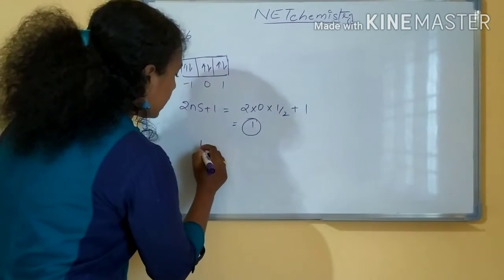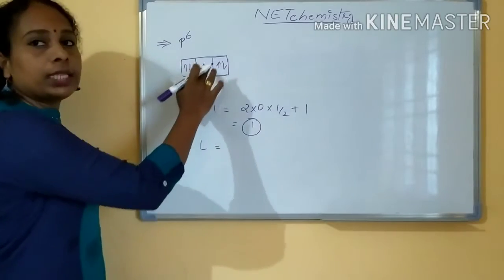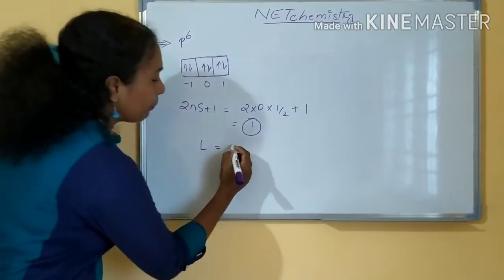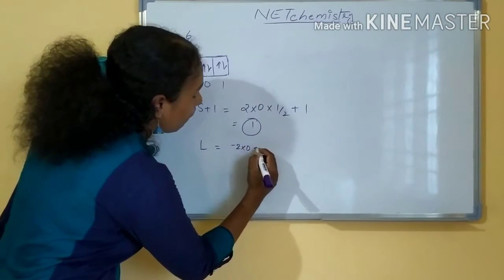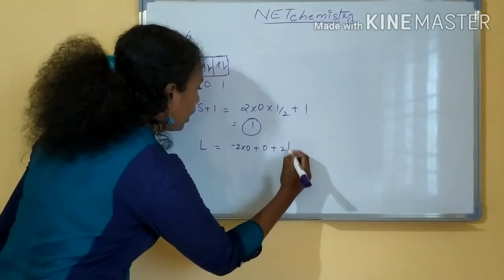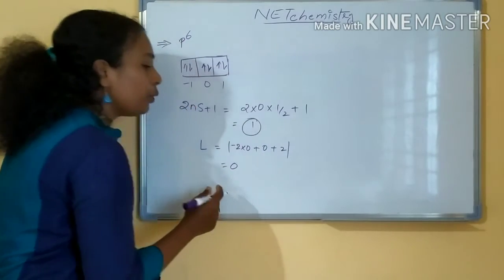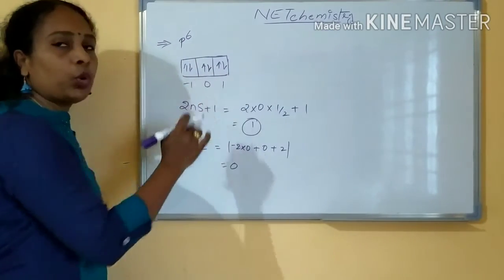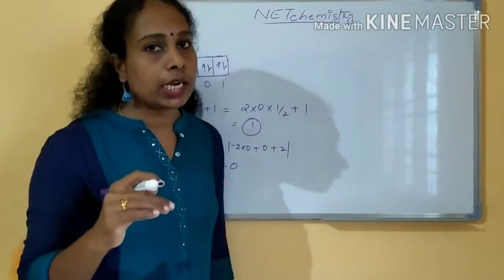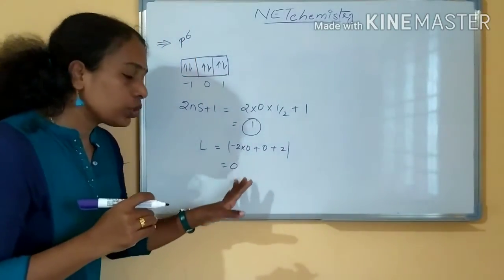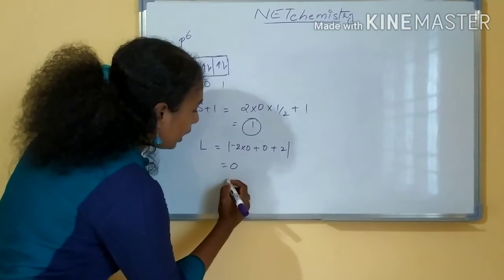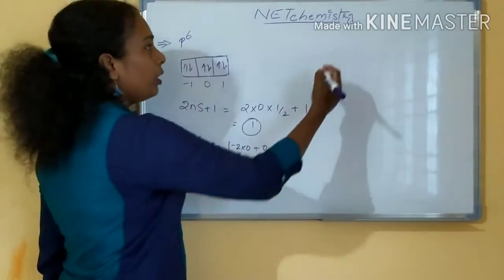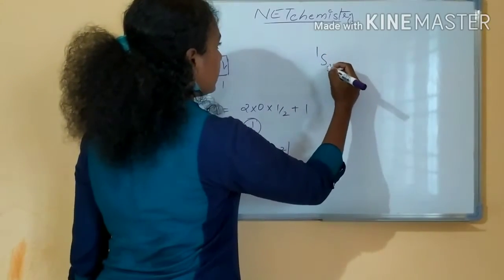Then next is the L value you have to calculate. All the things will be cancelling, right? Minus 2 plus 2 it will be coming, right? Minus 2 into 0 plus 2, so you will be getting the value 0. Clear, right? Only the unpaired electrons have the role. Here all are paired electrons. So the L value you are getting is 0. L equal to 0 represents S, right? So 1S you got.